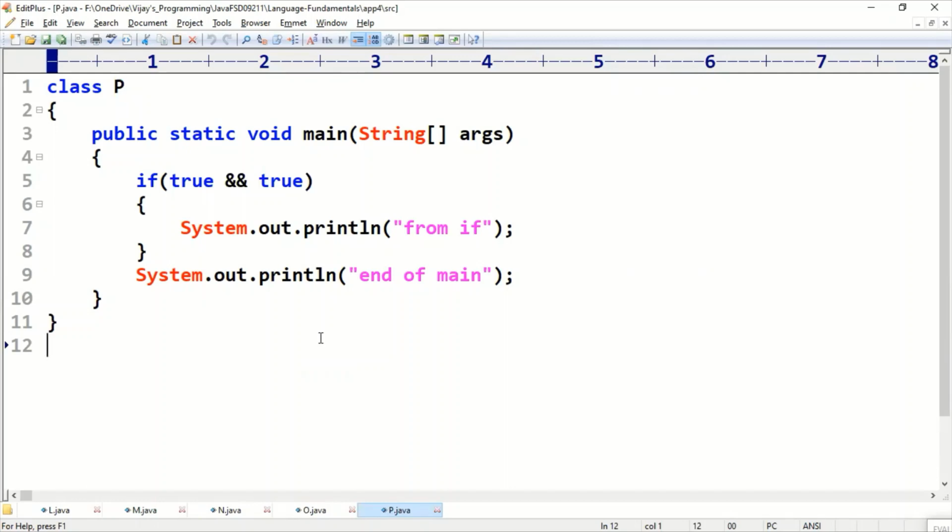Next topic is logical operators. We are going to see double AND, double OR,